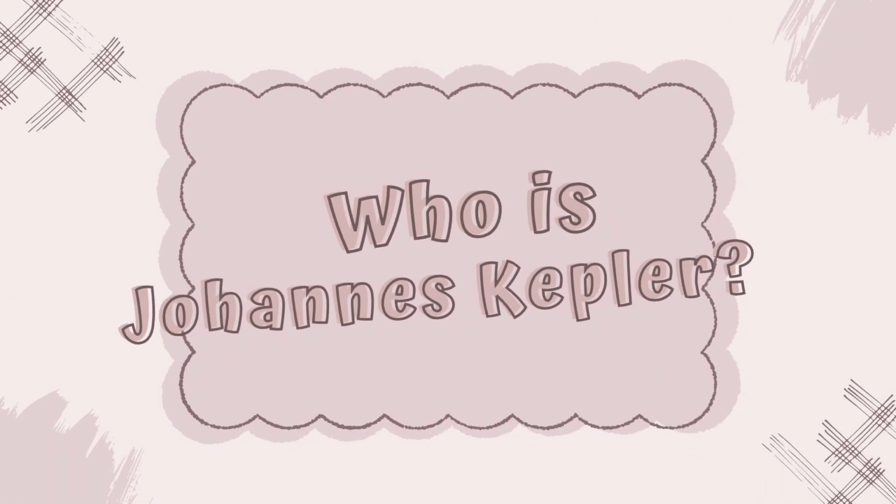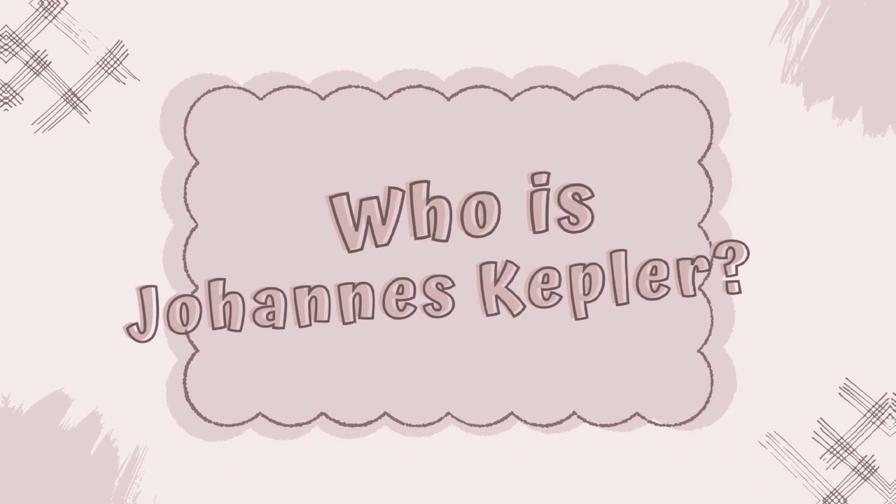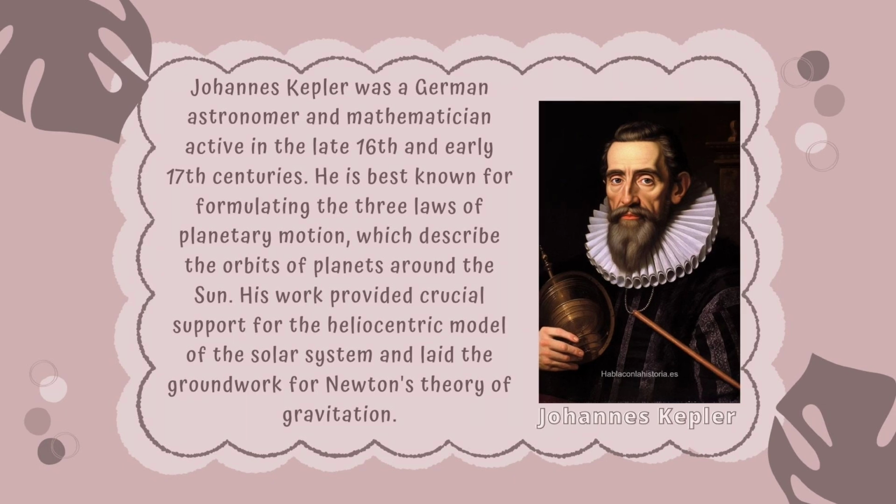Now, let us know who is Johannes Kepler. Johannes Kepler was a German astronomer and mathematician active in the late 16th and early 17th centuries. He is best known for formulating the three laws of planetary motion, which describe the orbits of planets around the Sun. His work provided crucial support for the heliocentric model of the solar system and laid the groundwork for Newton's